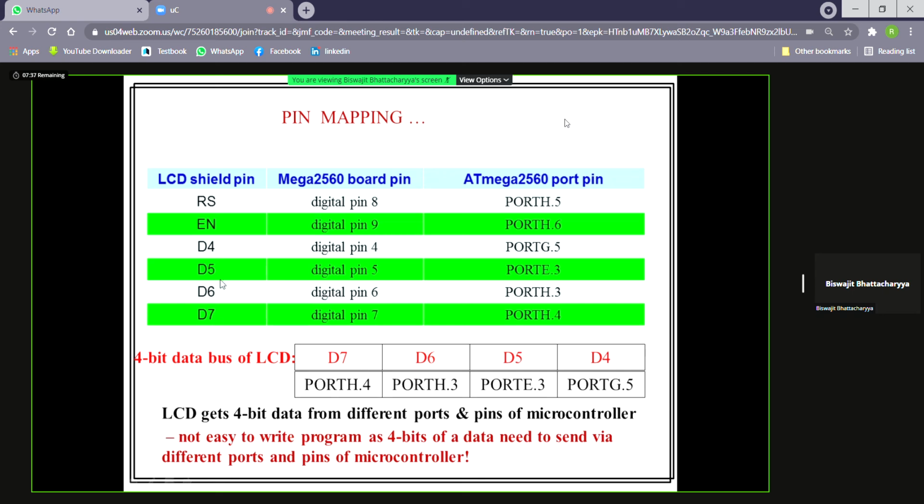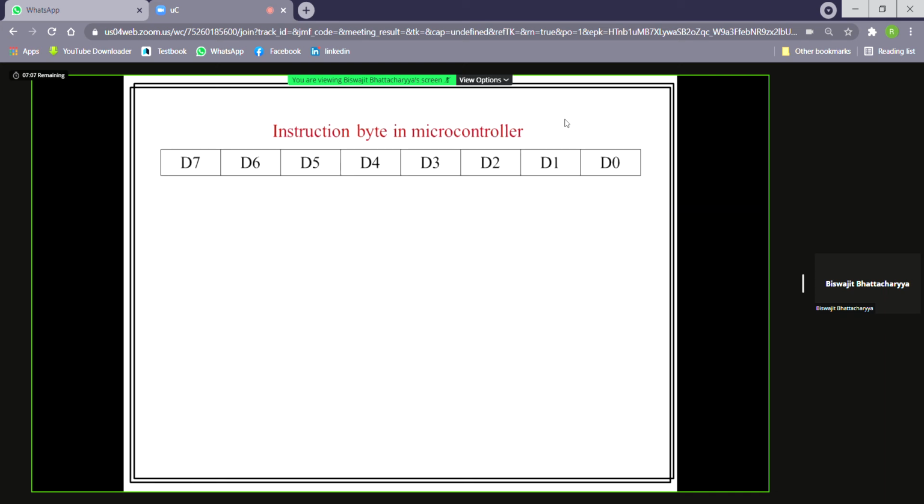When the D6 bit is 1 in the LCD, we have to make the port H.3 pin of the microcontroller 1. Similarly, when the D5 pin of the LCD shield is 1, we have to make port E.3 equal to 1. Similarly, D4 bit equal to 1 means the port G.5 pin will be 1.